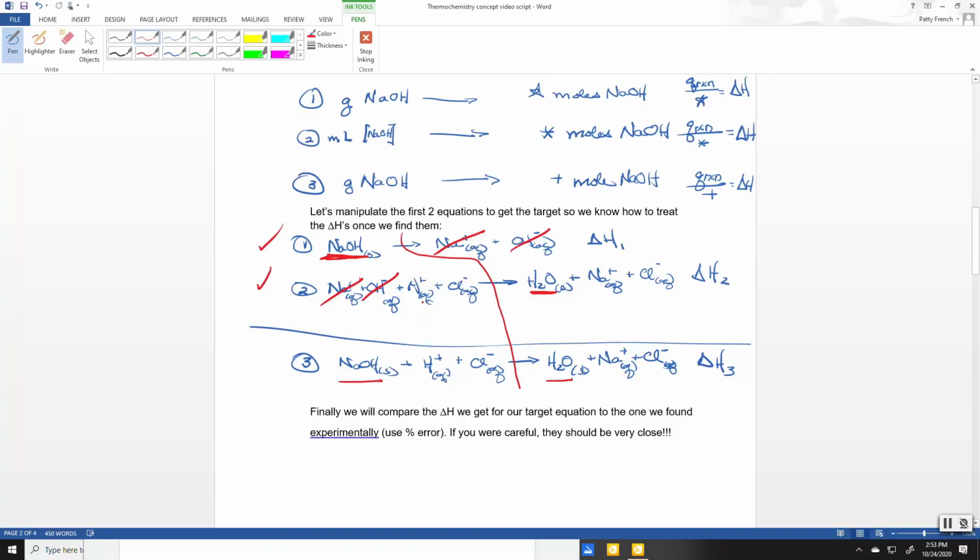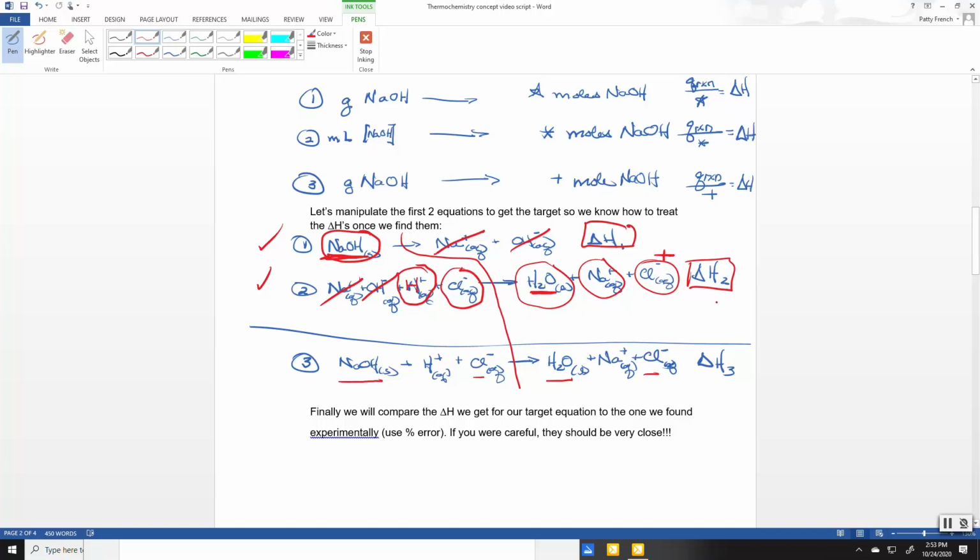Now, can I cancel anything else out? Well, sure I can. I could cancel out the chlorines, but given that I want them in my target equation, I'm not going to bother. So now that I've canceled things out, I've got NaOH solid plus H plus Cl minus yields water plus Na plus Cl minus. So it looks like all I have to do is add these two